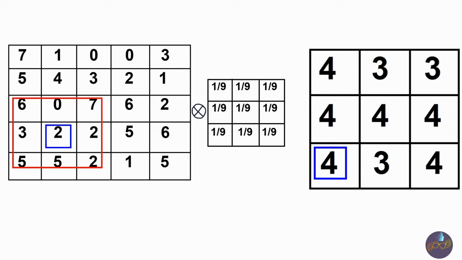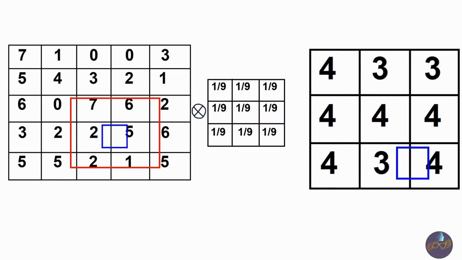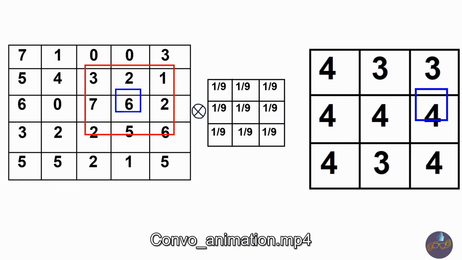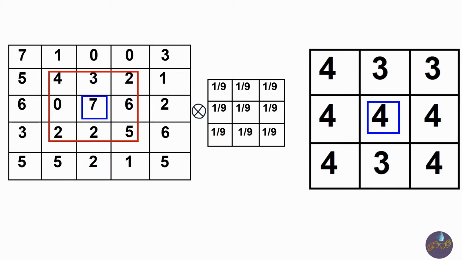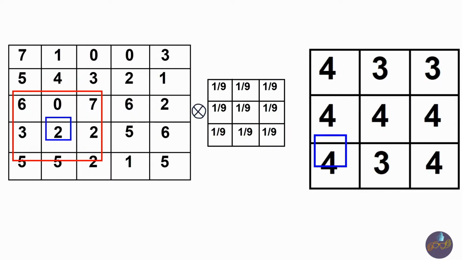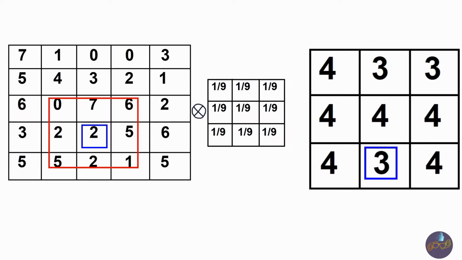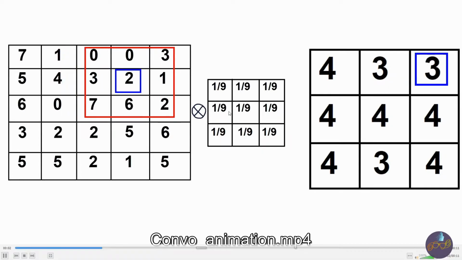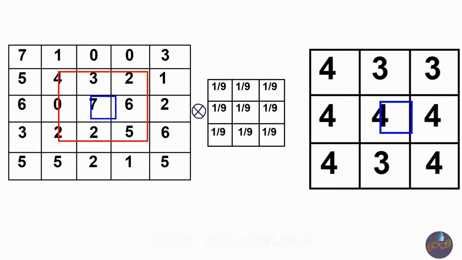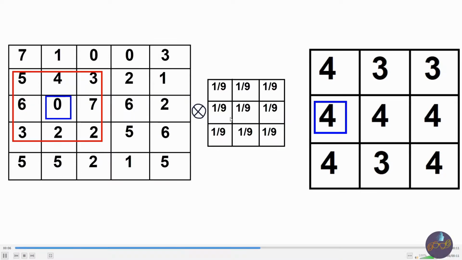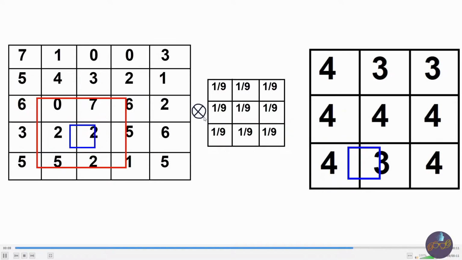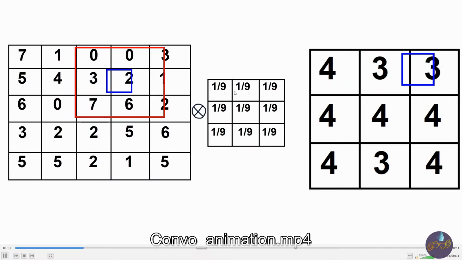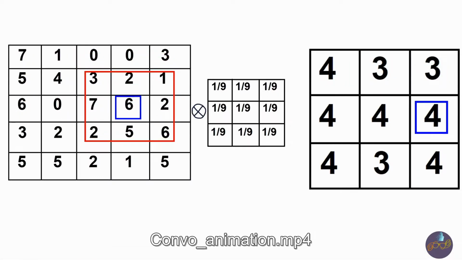Now if the kernel is of size m cross m, mostly it is necessary in spatial filtering that the kernel should be of odd size, like 3 by 3, 5 by 5, 7 by 7, because if the kernel is of odd size, then we will have a central pixel. If it is 4 by 4, suppose, then we cannot select any central pixel, so it is necessary to be odd sized.